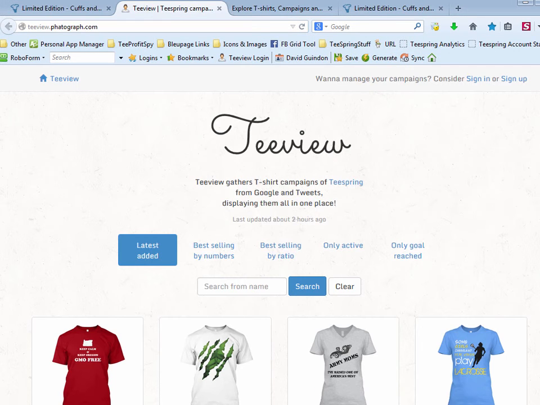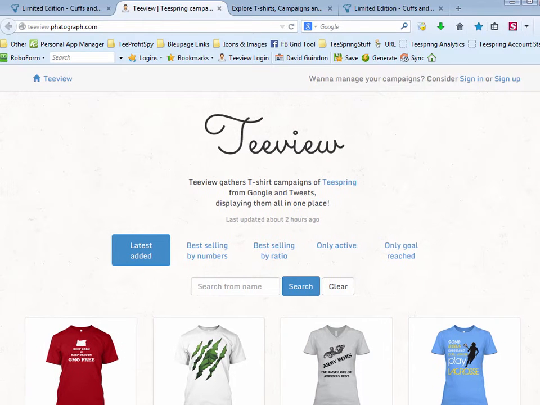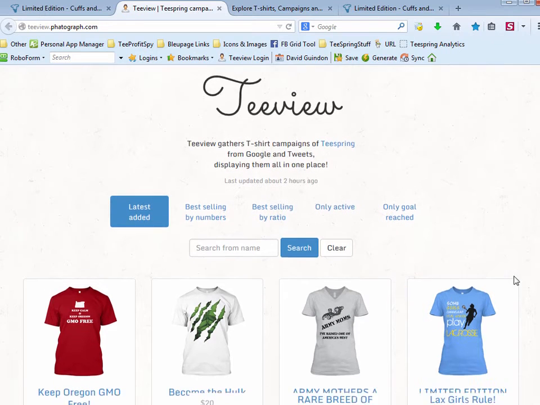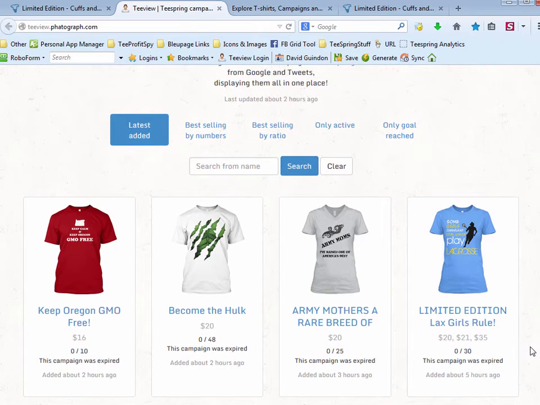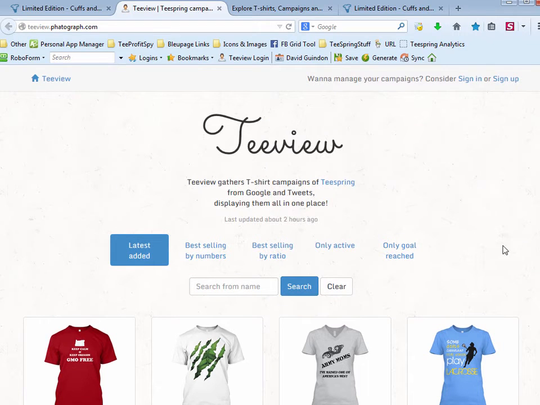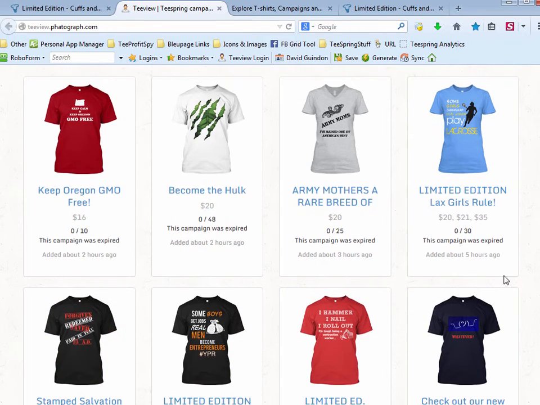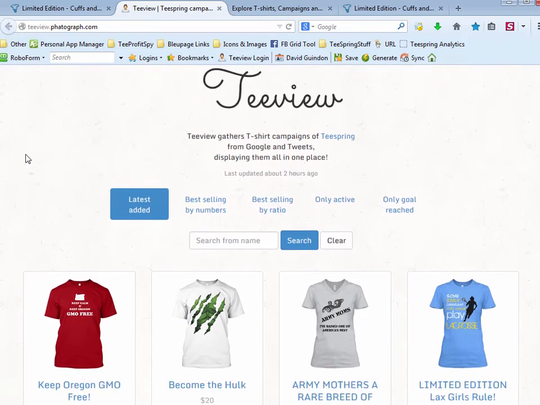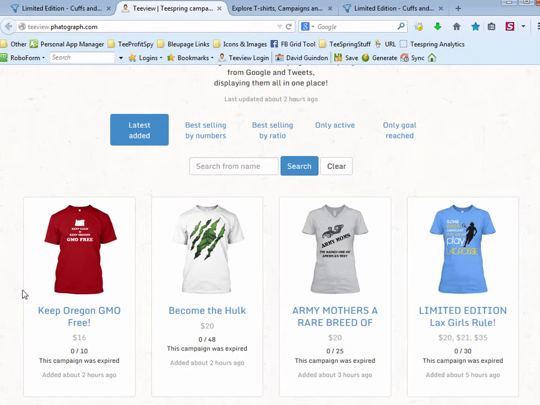And I do the same thing with TView. TView is another site very popular for research. How this works is this site will go out to the internet and collect the latest t-shirts being advertised in Google and also in Twitter, and it updates the data every few hours a day or something like that. I'm not sure how often it's updated, but you can come here and right away it's sorted by the latest added. What I like doing is coming in here and seeing the latest t-shirts that have been added,